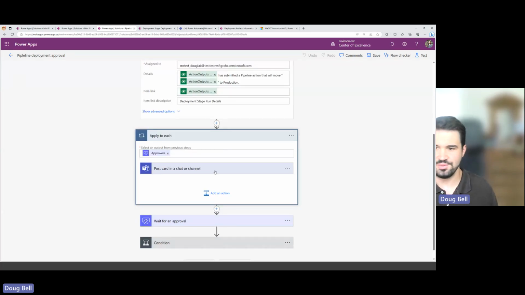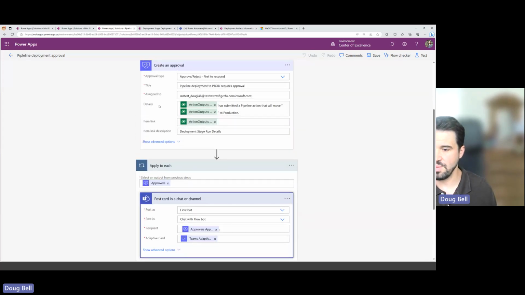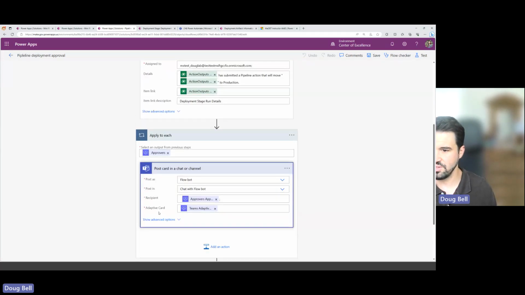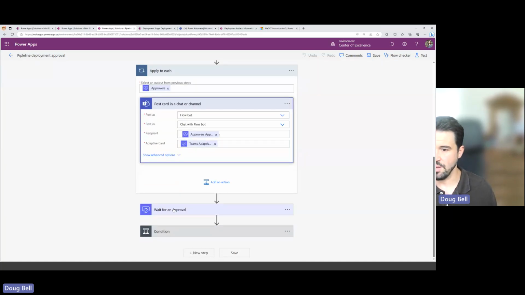This is entirely optional, right? I just like to do this. I like to be more proactive when I require an approval from someone. So I'm going to go ahead and post an adaptive card to Teams. It's super easy to do that, by the way. Anytime you're using the Power Automate approvals, it'll automatically build an adaptive card for you that you can just send to Teams in a chat or put in a channel, and then I'm going to wait for an